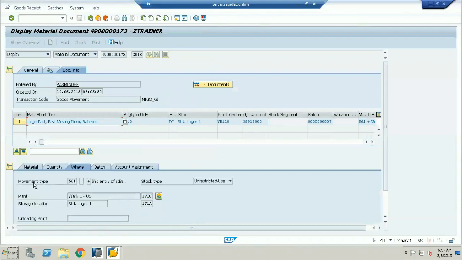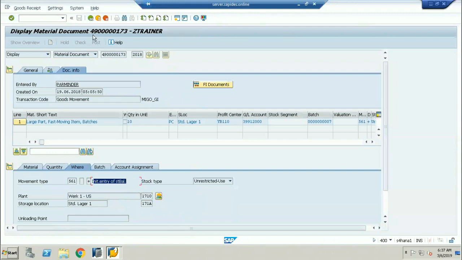Okay, they're using the movement type. This is going to be called the initial stock upload, sir. Actually, this material document we are going to call an inbound delivery. It is the goods received, but it is the inbound delivery, the goods which I have received for the MyGo transaction.